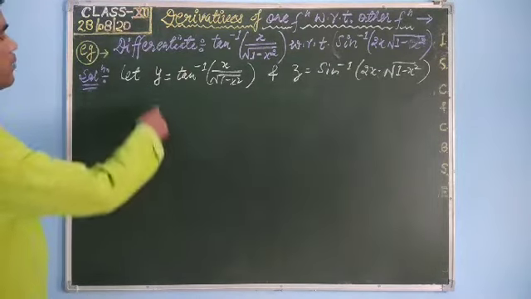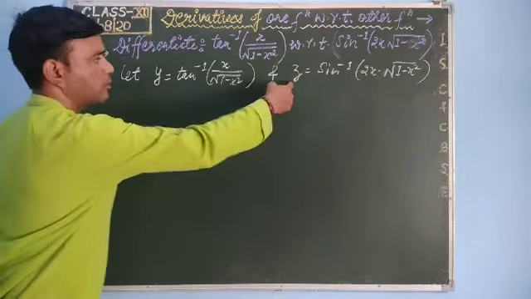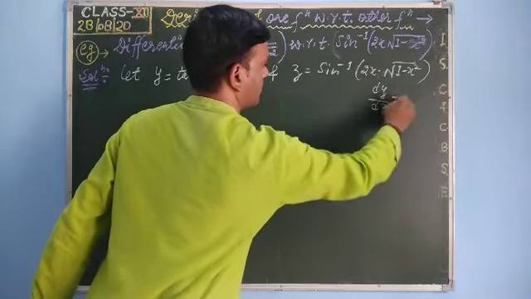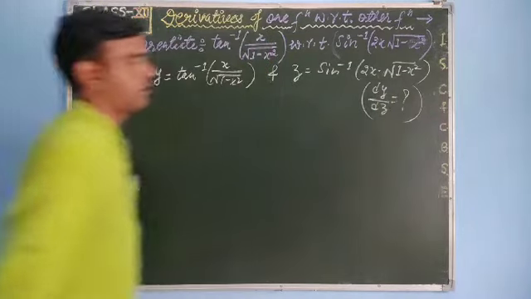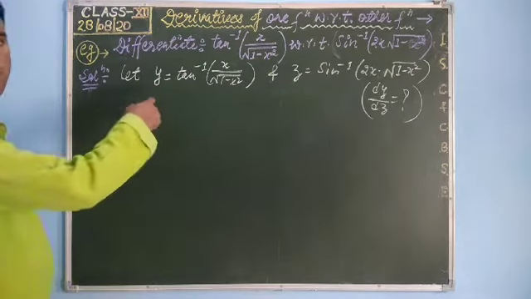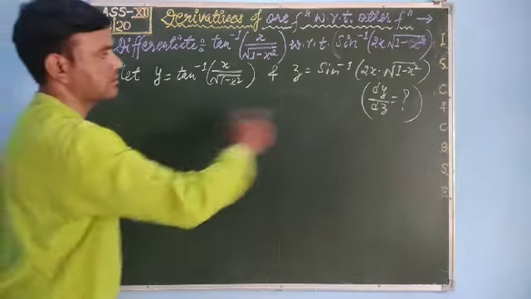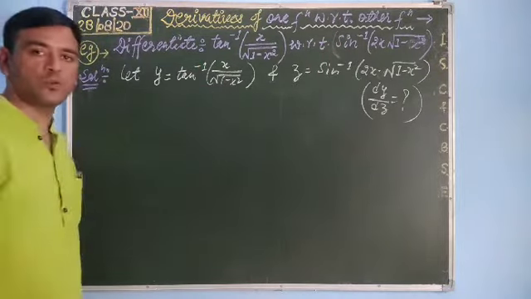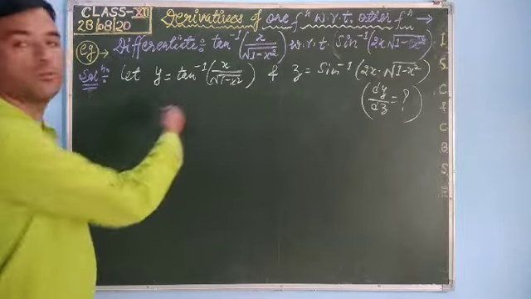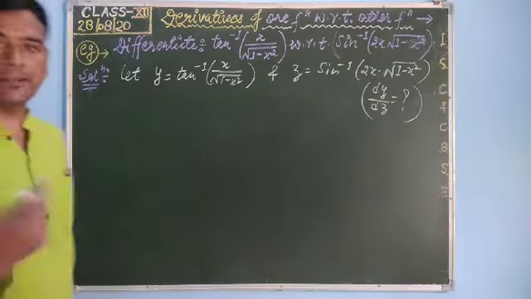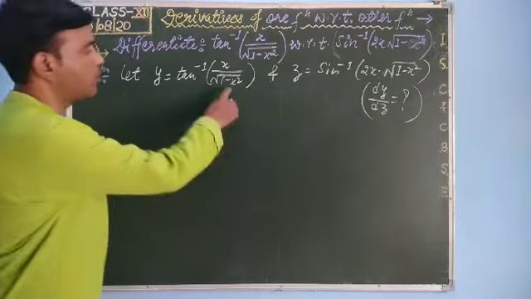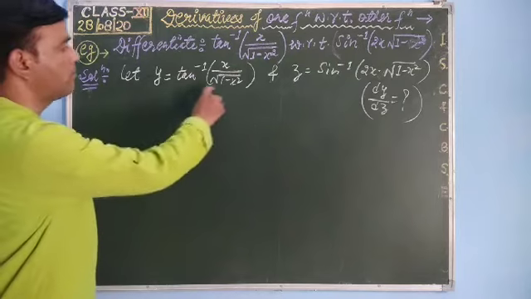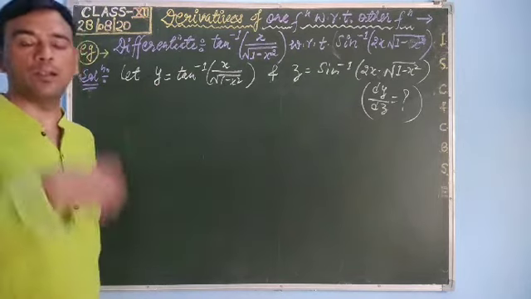Now we actually have to find the derivative of y with respect to z. It means at last we have to find dy by dz. So first of all we will differentiate y with respect to x and then z with respect to x. But see students, this is not in simplest form, and earlier we have differentiated such type of problem. So here we will use the substitution method, because tan inverse is given just like this within the bracket. So first of all we will change this into simplest form and then we will differentiate y.